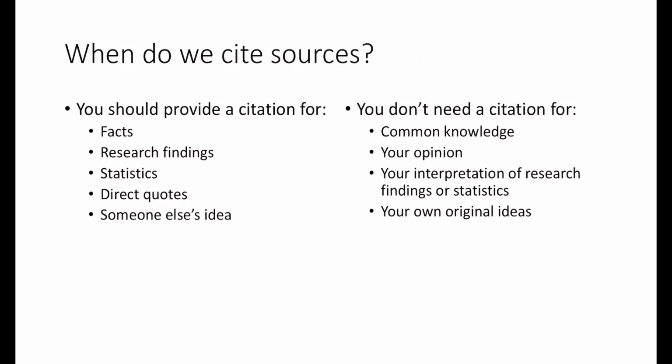So when do you want to cite things? This is something a lot of people get confused about. You want to cite something that's a fact. Never cite your own personal opinion. If I say I think that the sky is pretty, I don't have to cite that. But if I say that this disease develops in a certain way, I wasn't born knowing that, so I need to be able to show where I got that information.